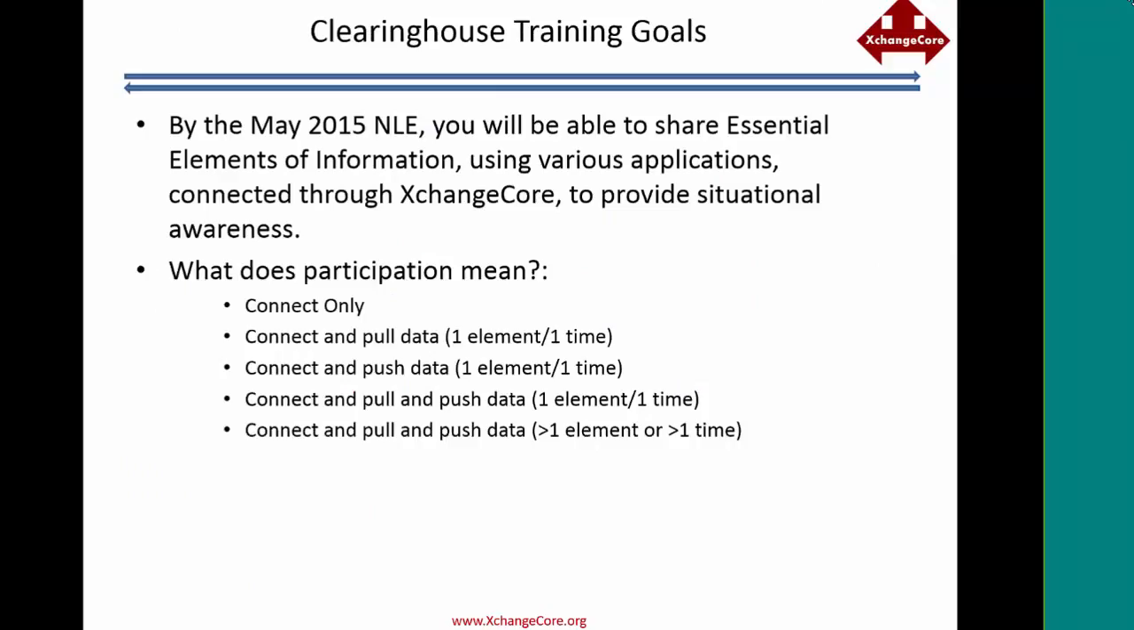And so for the exercise, what we're going to be doing through the next several weeks is going through how you can use these various tools and different applications, how they are connected through XchangeCore to share information. And we want to be able to get everybody trained up so that when the exercise happens, you can be sitting down at whatever your tool is, whatever your technology is, and you can be doing these things during the